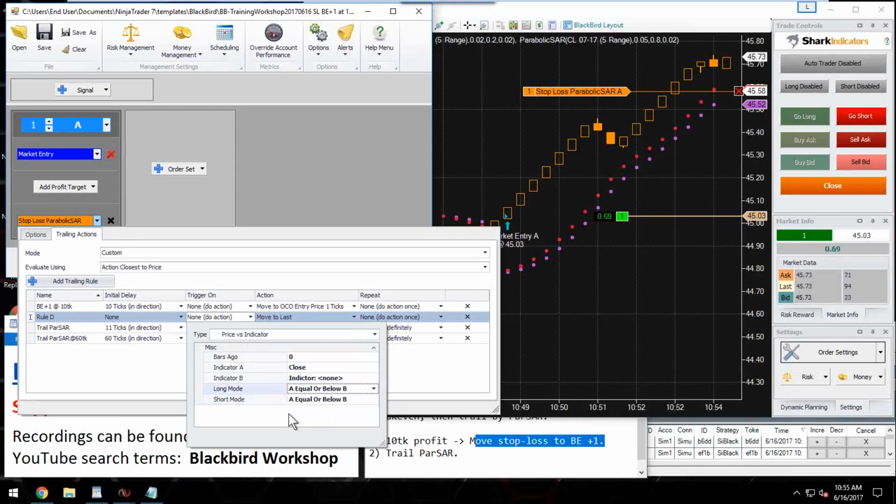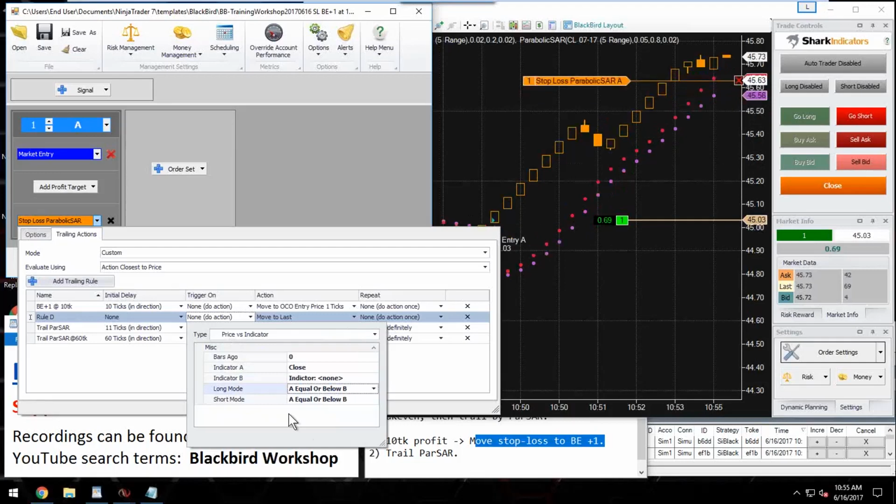All right. Yeah, I think there is something possible here. So, this gets really complex when you're trying to create a separate set of logic for a short trade versus a long trade, but it looks like it's possible. So we could use the trigger here. We could use the price versus indicator,